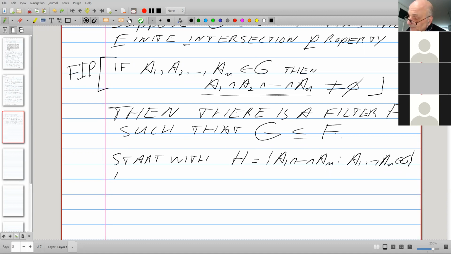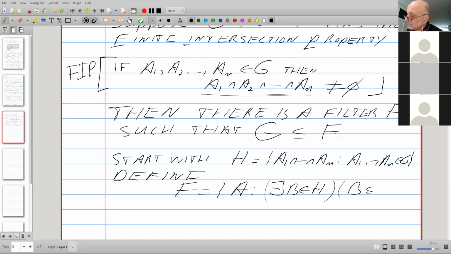And define... because what are we lacking in the filter when we create the family H? The family H satisfies the second property of filters.